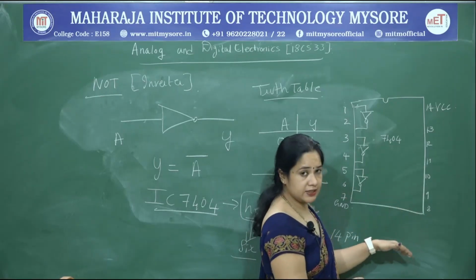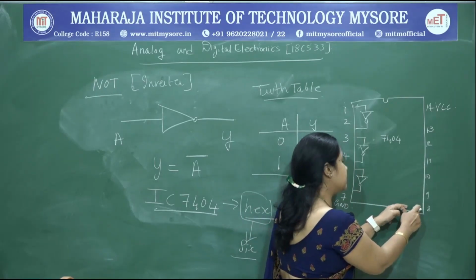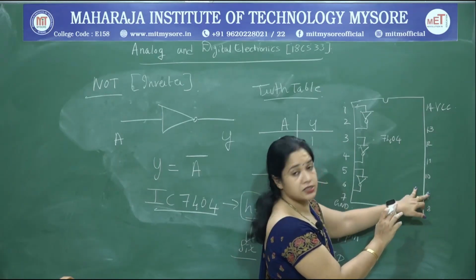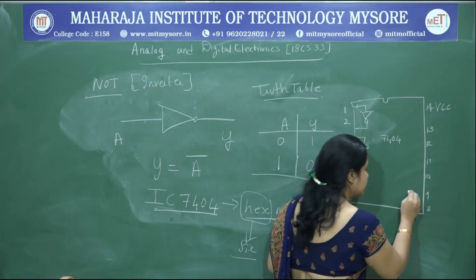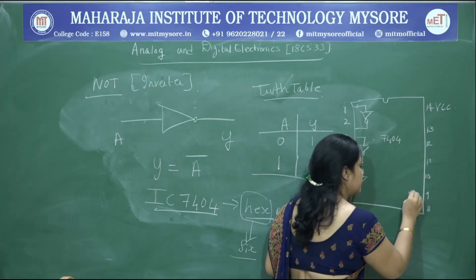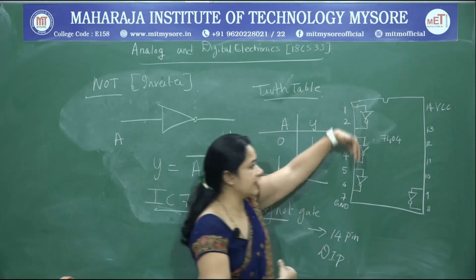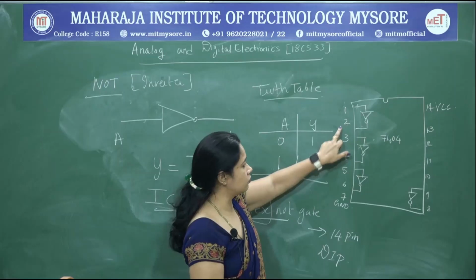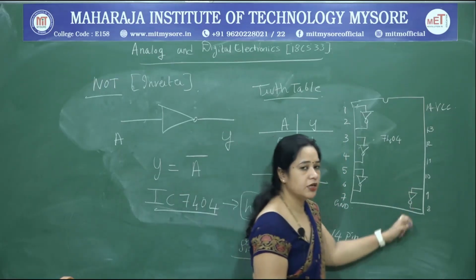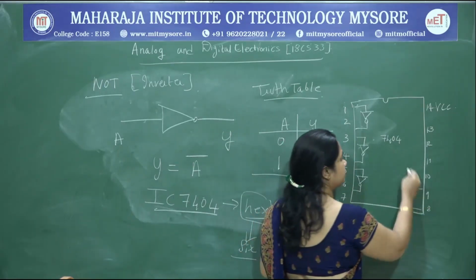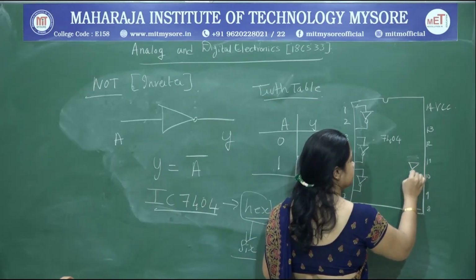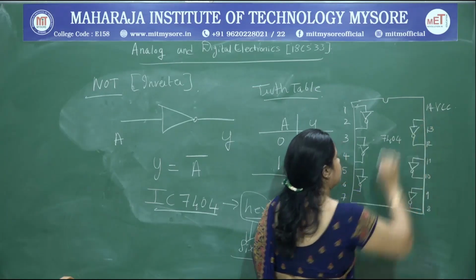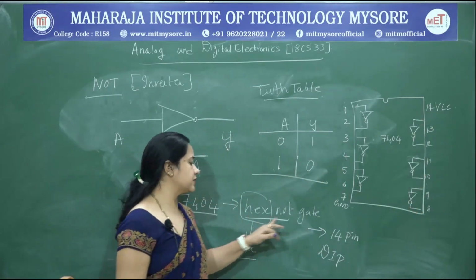Coming to the other 3 gates, 8 does not become the input and 9 the output, it is the other way around. So 9 is the output and 8 is the input. Please note, all the gates are facing downwards. That is the reason for the first gate 1 is the input, 2 is the output, 3, 4, 5, 6, and here it is the opposite: 8 is the output and 9 is the input. So again, likewise. That is the reason I called it a hex NOT gate.